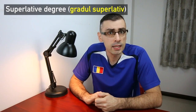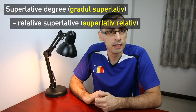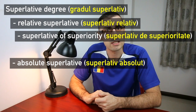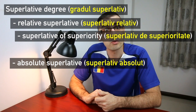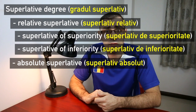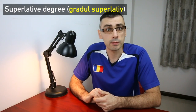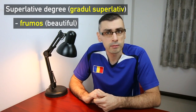The superlative degree is divided into relative superlative, superlativ relativ, and absolute superlative, superlativ absolut. The relative superlative is further divided into superlative of superiority, superlativ de superioritate, and superlative of inferiority, superlativ de inferioritate. For example, the superlative degree for the adjective frumos, beautiful, can be